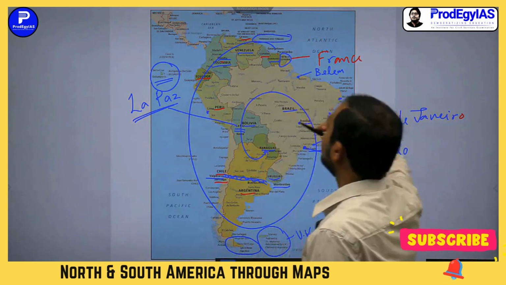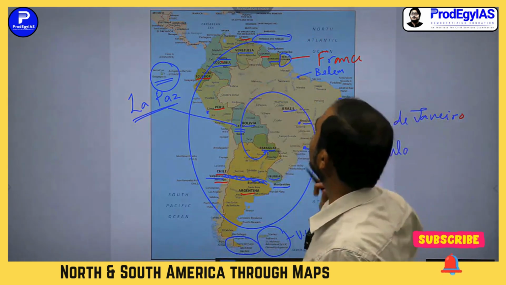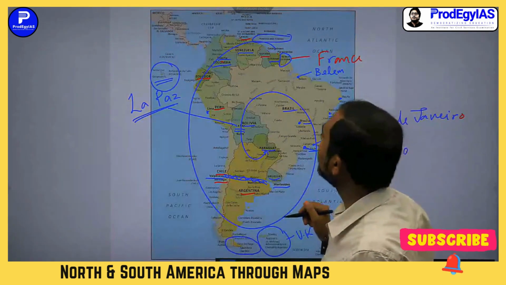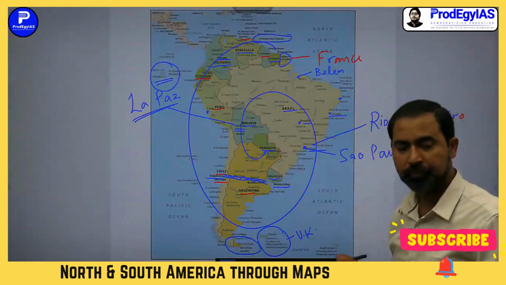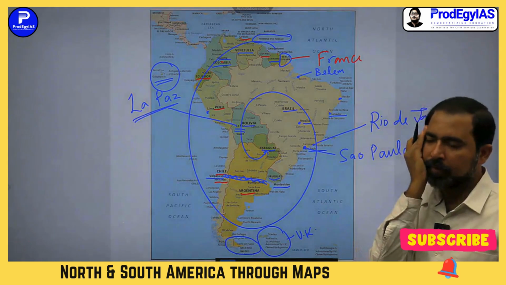Then Trinidad and Tobago. This is also an island, belonging to Venezuela. It is in the Caribbean Sea part, Trinidad and Tobago. Yes, a very famous